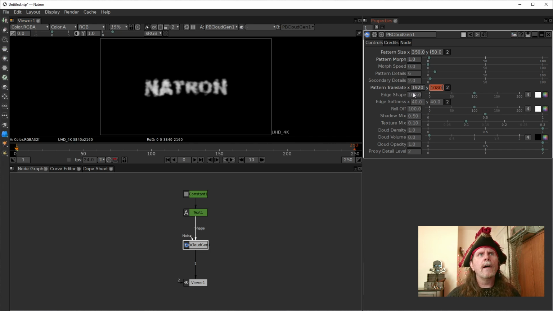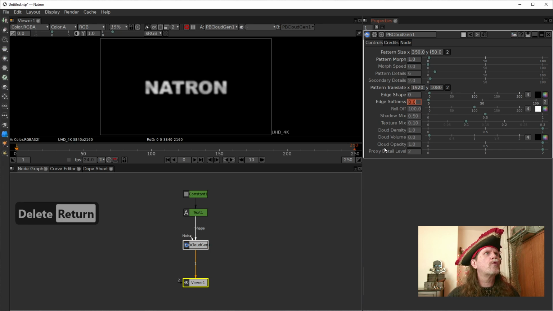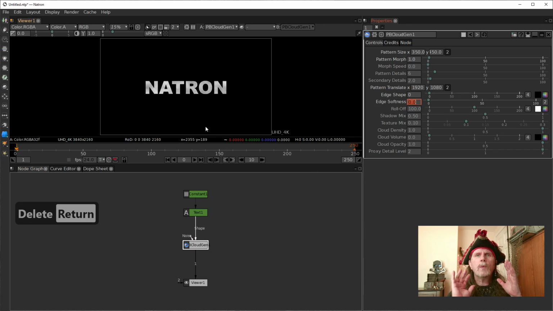All right, the next thing we need to do is bring this down because it doesn't start off when, well, I'm debating. We're going to drop the edge shape down to 0, which is going to remove all the cloudiness, and we're going to remove the softness around the edge as well. So we'll drop that down, so we wind up with nice hard text. Another thing I think I want to do is,